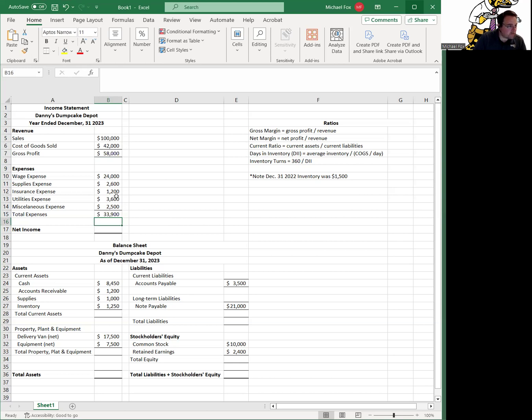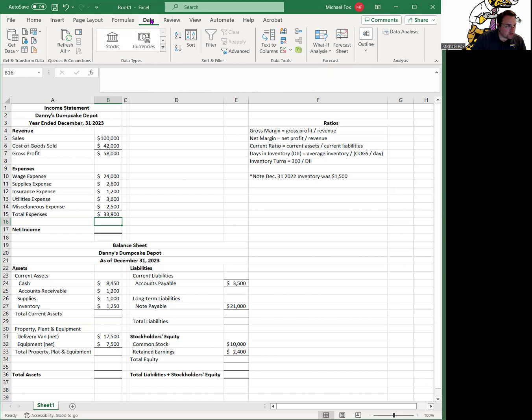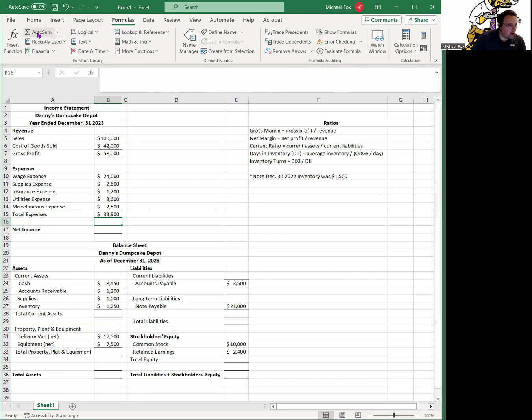There's also a shortcut for sum, which I actually have on my regular bar up here, but you can't see it because I'm not full screen with my Excel here. But if you look under formulas, you'll see this auto sum button. I'll show you, you can do the same thing. So again, I could just come here, click auto sum. It guesses where I want to add up, and it guessed right because I have a nice break in there. And then once you have the ones highlighted that you want to add up, you just hit enter